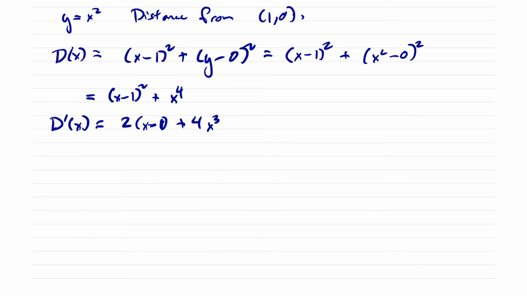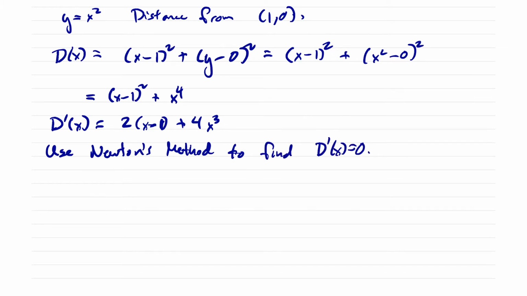And now what we want is to use Newton's method to find d prime of x equal to 0, right? So we just have to pick something. I'm going to go ahead and pick x equals 1. So our initial guess, I'm going to say x naught is equal to 1. And then that means that